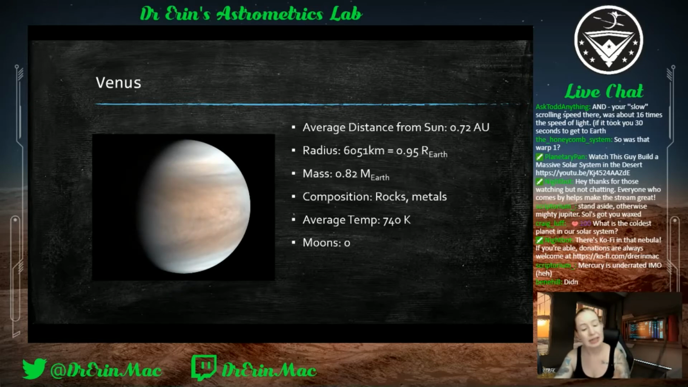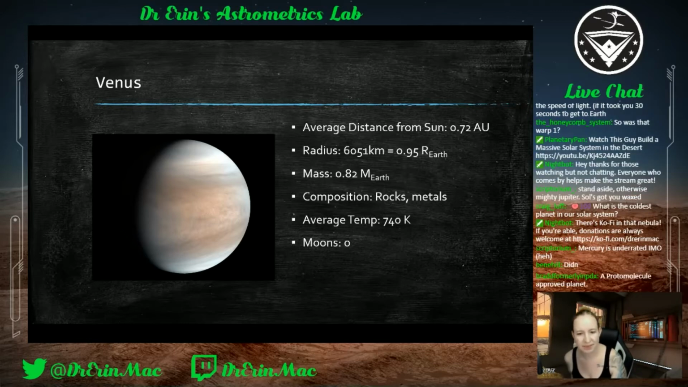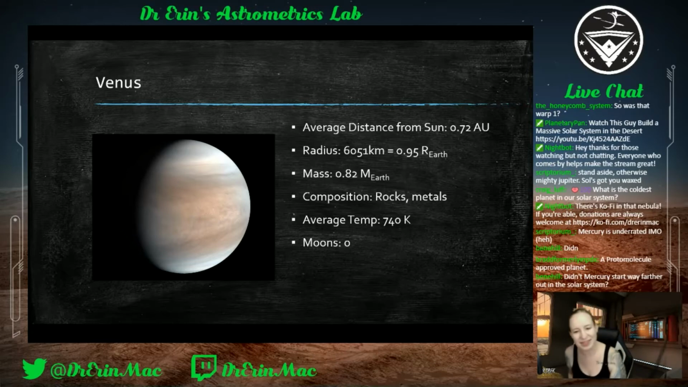So Venus is almost 3/4 of the way from the sun to the Earth. It's pretty much the same size, 0.95 times the radius of the Earth. So, 95%. It's about the same size. It's a little less massive, so it's only about 82% the mass of the Earth. Again, rocks, metals. This is a rocky one. It's a proto-molecule approved planet. Thank you. Excellent reference. And its average temperature is actually hotter than Mercury because it has a runaway greenhouse effect